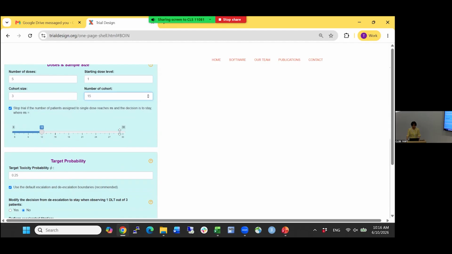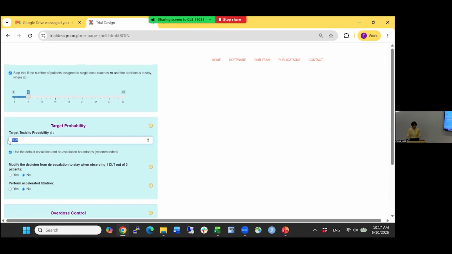This bar allows us to choose the cap on the number of patients you want to treat at a single dose level, because sometimes you don't want to stay at one single dose level forever, with all 45 patients. So you want to set a cap here, and where you set it is also trial specific. For most phase 1 trials, the goal is to assess toxicity. But some trials also want to evaluate efficacy. If you want to evaluate efficacy, you want a larger sample size for that dose level, so you set this cap to be larger. But for my study here, I only want to evaluate toxicity. So I pick